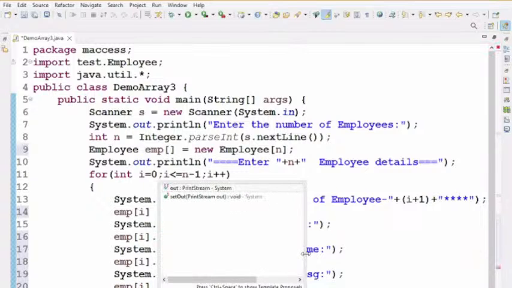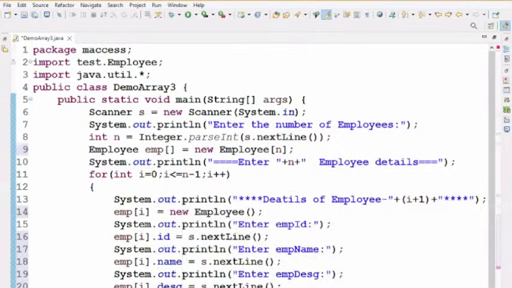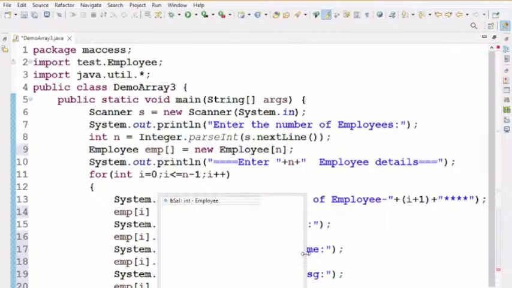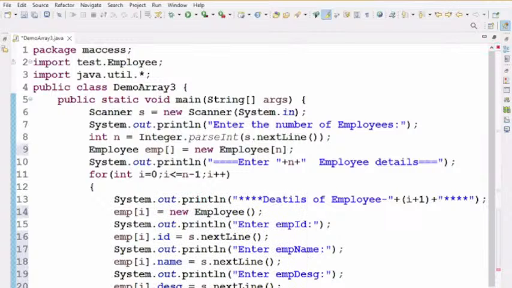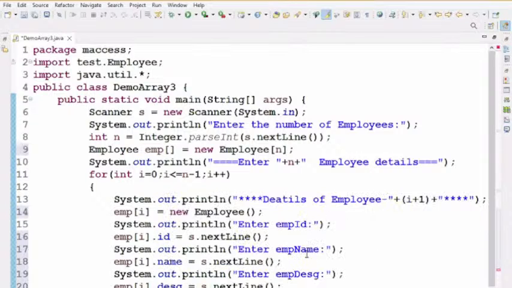Now System.out.println("Enter employee basic salary"); emp[i].basicSalary = Integer.parseInt(s.nextLine());